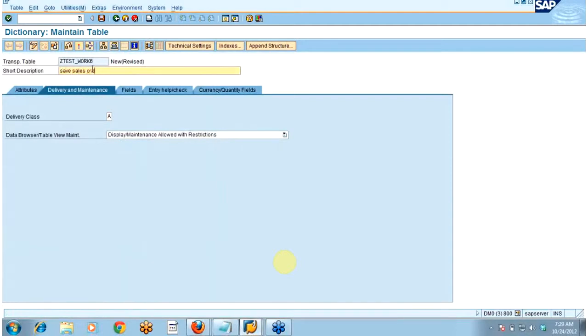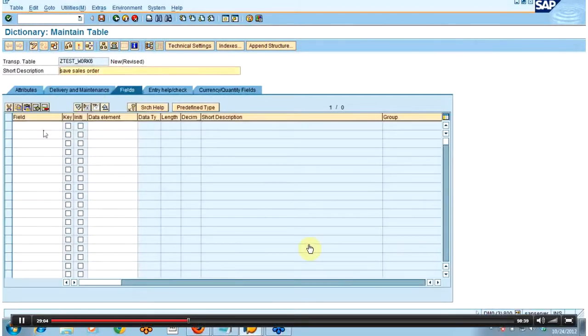So what I'm trying to do is, the scenario is I will be creating one table. This is LG test work 6, and in workflow I will be building one form, and the person will be receiving the work item. Once he clicks on that work item, one custom screen will open with the sales order number and approve and reject button, and once I take the action as approve, then that particular sales order number will get saved in the database. This is just the simple scenario I want. So in the fields, I'm just writing WebBlend.